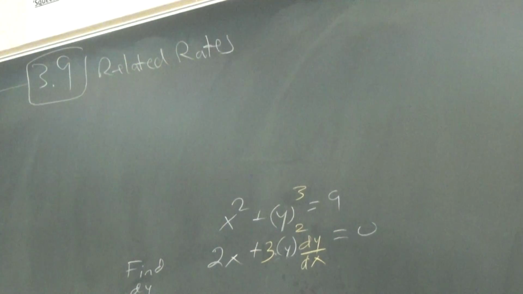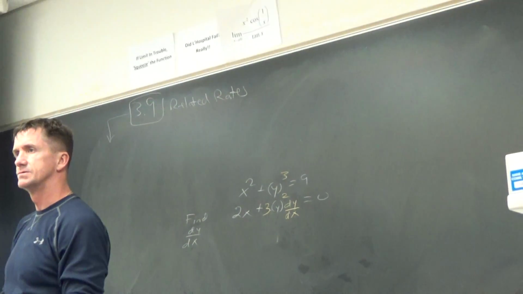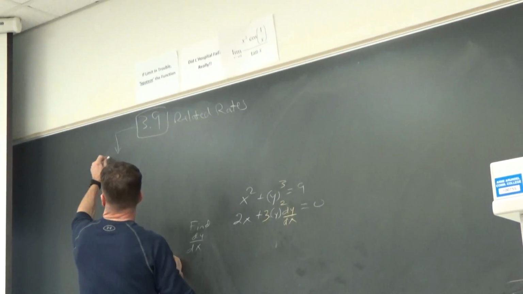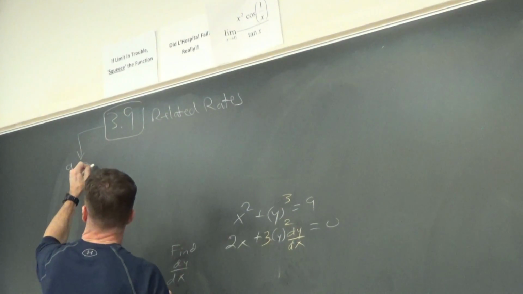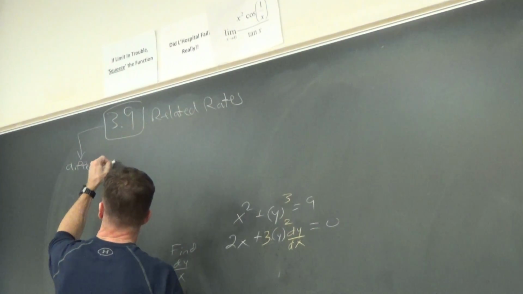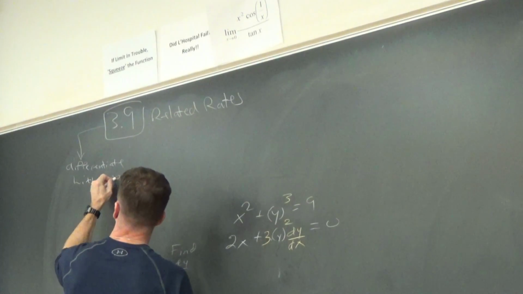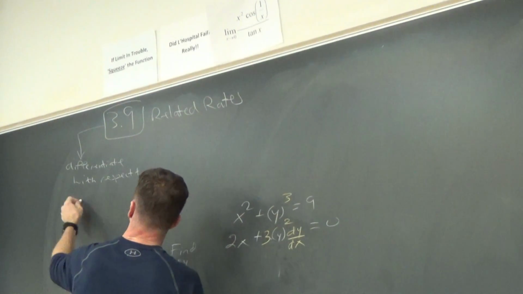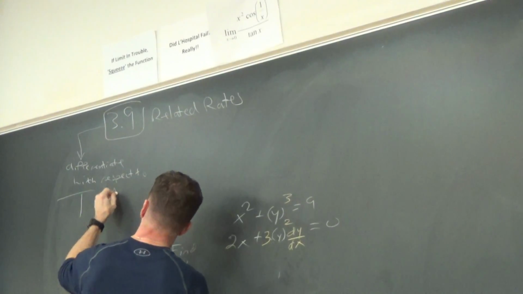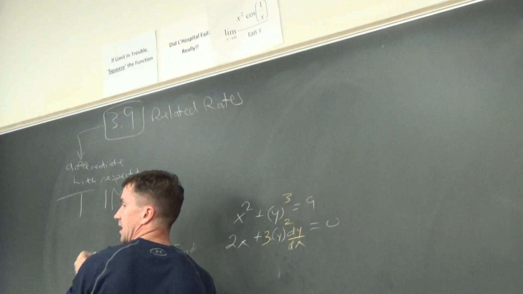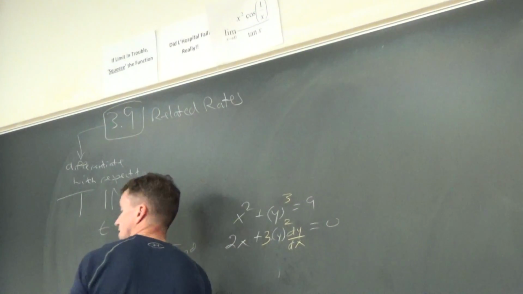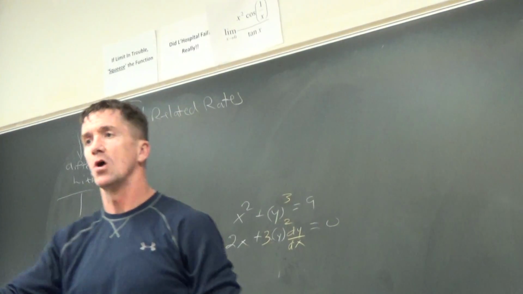Let's spend 2 days on it. Why? Because every problem changes. You're going to differentiate everything with respect to what? With respect to time. And what letter are we going to always use for time? T. So no more differentiating